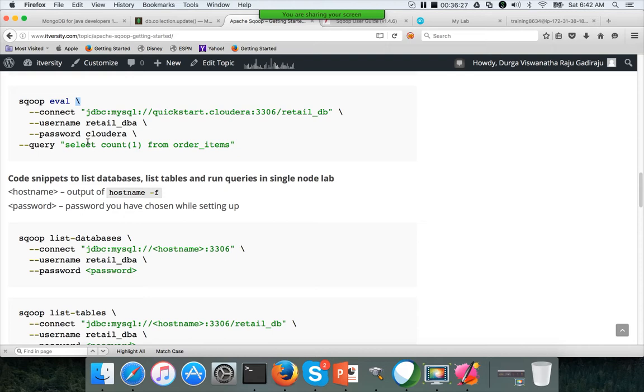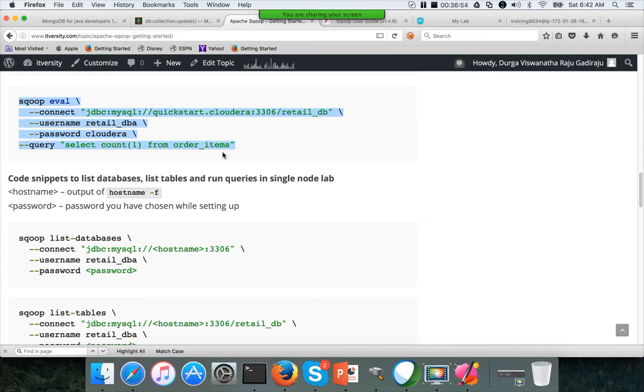You can use update, delete, insert, any command. This will confirm that we are able to read the data. It will also confirm that the user retail_dba has the necessary permissions on retail_db without running the Sqoop import or export commands. Eval is a very important command after import and export.